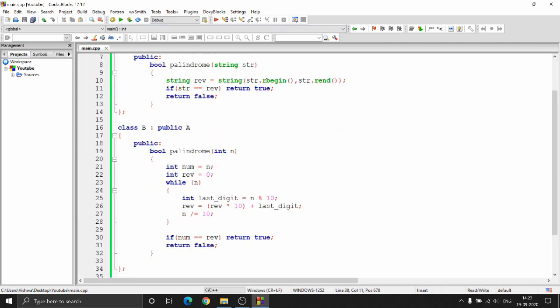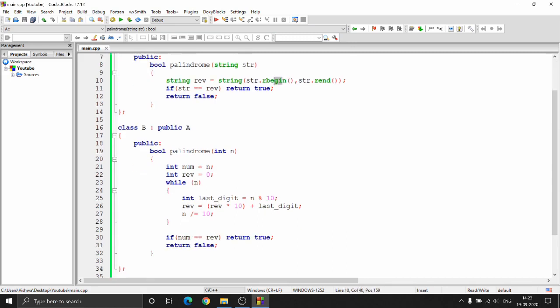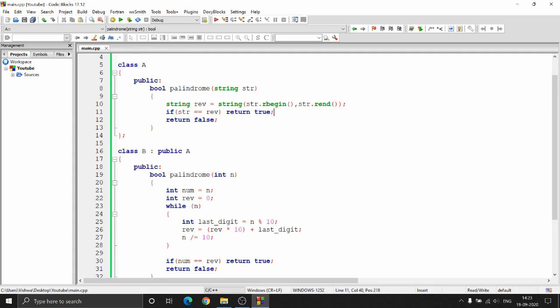But inside, let's say you're just overriding this function, and suppose you forget to override these two functions, which may be a dependency. For right now, it is not a dependency at all. But let's say that while overriding, you do need these two functions, not necessarily for the palindrome function, but for some other function. These two functions, rbegin and rend, are written by you inside the base class, and they are necessary for the overridden function to perform. So in that case, you are going to get an error and you need to figure out what happened, right?